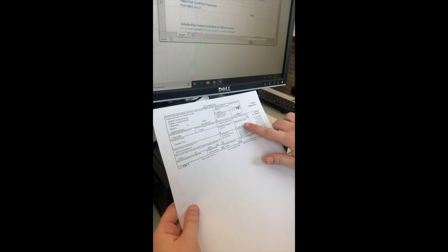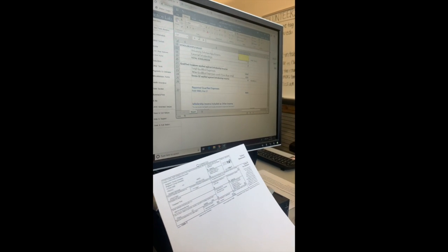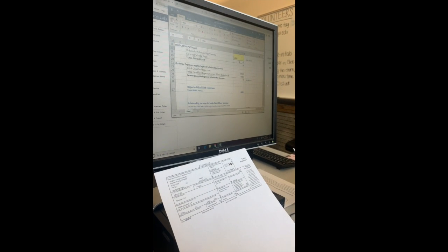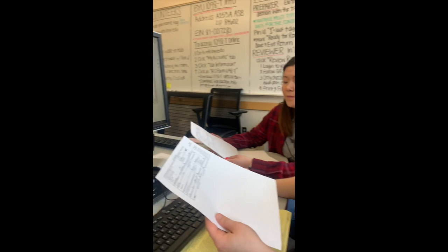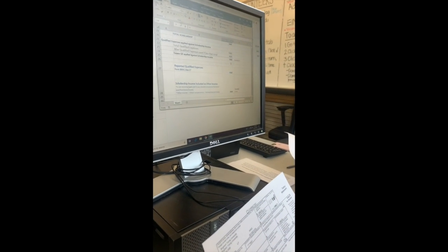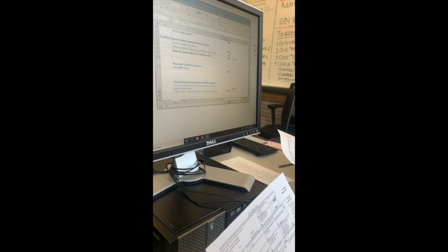Perfect. Okay, so we'll look at your total scholarships and grants, also found on your 1098T. So those are right there. They match the amounts that you paid for school. Did you have any external scholarships? Nope. Okay, so this will add up the amount of qualified education expenses you had minus scholarship